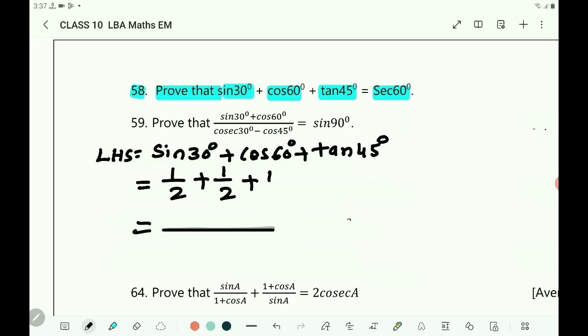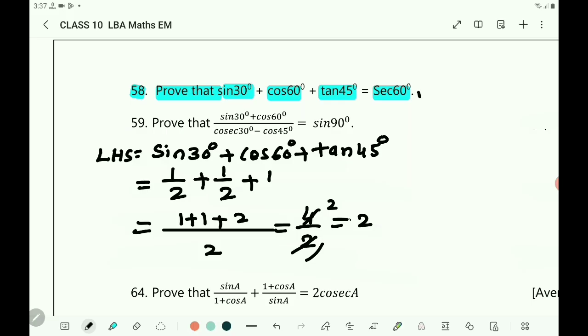Then you take the LCM. LCM is 2. Here this 1 by 2 and 1 by 2 are having 2 in the denominator, so it remains as it is. 1 plus 1 you write as it is, and this plus 1 is to be multiplied by 2, as here the denominator is 1. 1 means 1 by 1. It becomes plus 2. 1 plus 1 plus 2 is 4. 4 by 2, 2 twos are 4, equals 2.